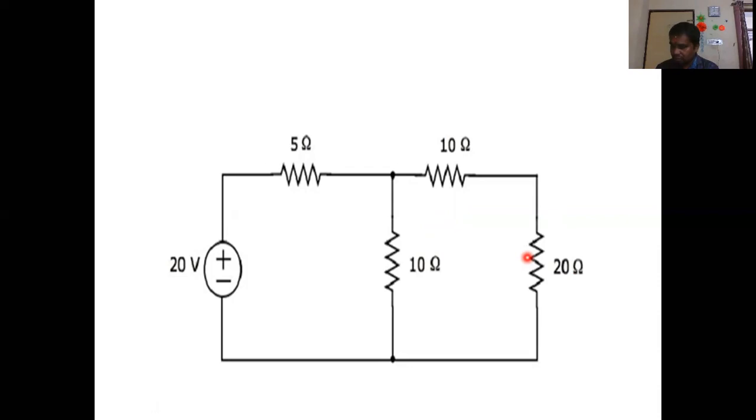Means Kirchhoff's voltage law or Kirchhoff's current law, right? If you apply Kirchhoff's current law, you have nodal analysis. One node here, one node here. So two nodes, one node equation, very simple. If you apply Kirchhoff's voltage law, one loop here, one loop here. So that means two loops, then you have to solve two equations. So it is better here to apply Kirchhoff's current law, that means nodal analysis, the best method, so that you have one equation, one unknown, and simply solve, right?